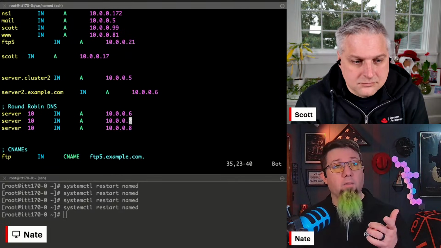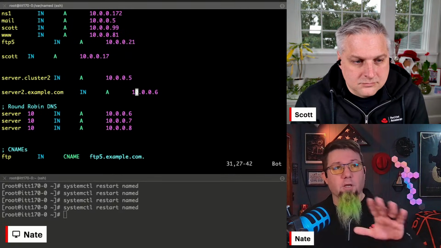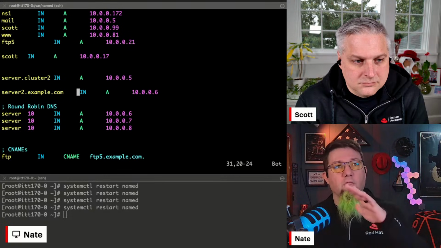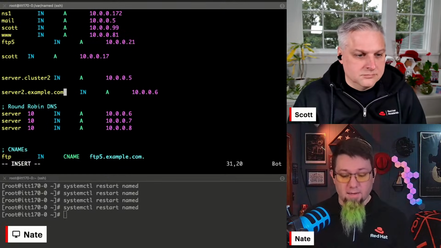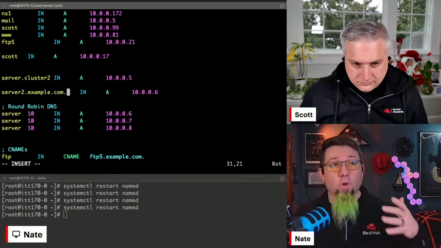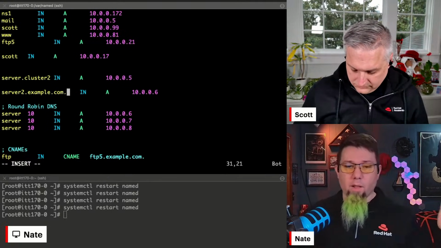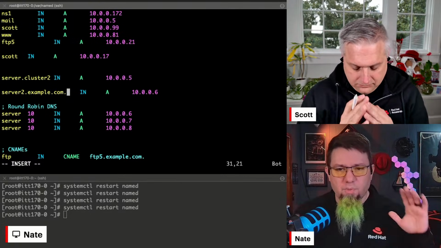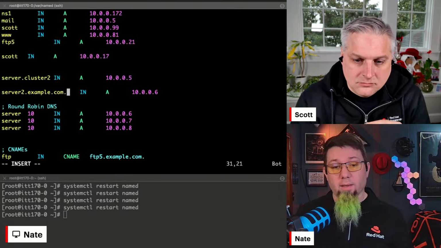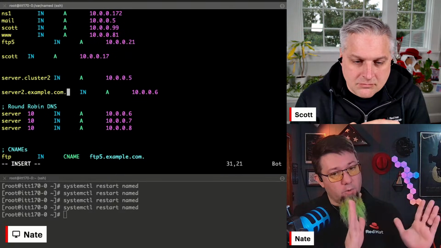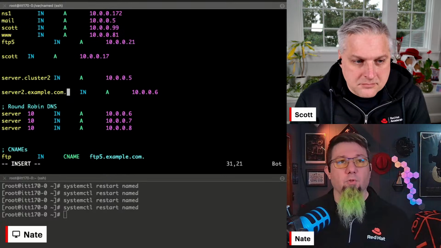So the way we get around that, it's perfectly valid if you, for some reason, want to include the fully qualified domain name in your zone file, you can, but you have to add a dot to the end of it. And this is another really common mistake that people make. They're like, well, I specified the whole domain. It should be completely fully qualified and it should work. But BIND doesn't look at it that way. BIND looks at it as you've given me a host entry. I'm going to append example.com to the end of it.